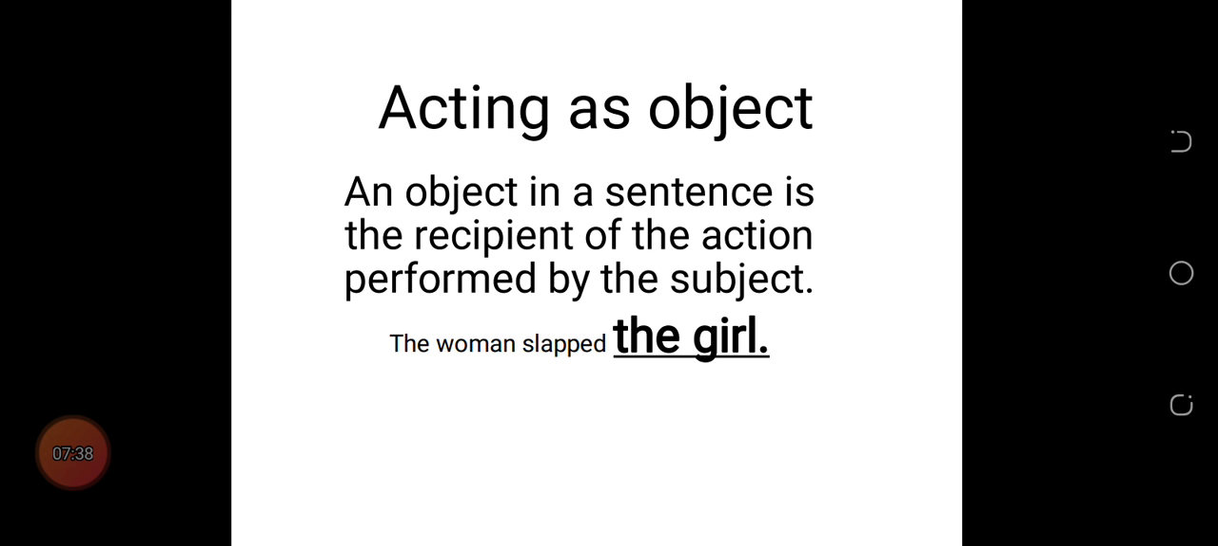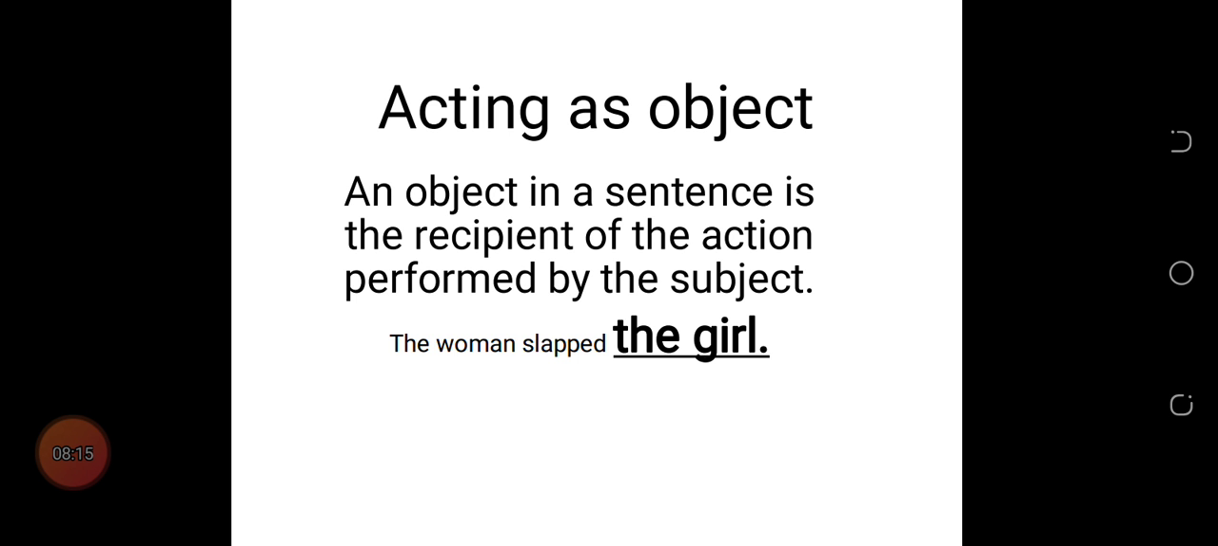So it means that someone at the other end received the action, and it was the girl who received the action. Someone at the other end performed an action on something, on someone, and so the one who received that action is the object of the sentence. I hope that is clear. All right,